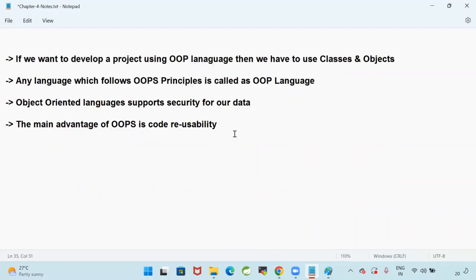Java supports OOPS principles. That's why Java is called an object oriented programming language. Python also supports OOPS principles, so Python is also called